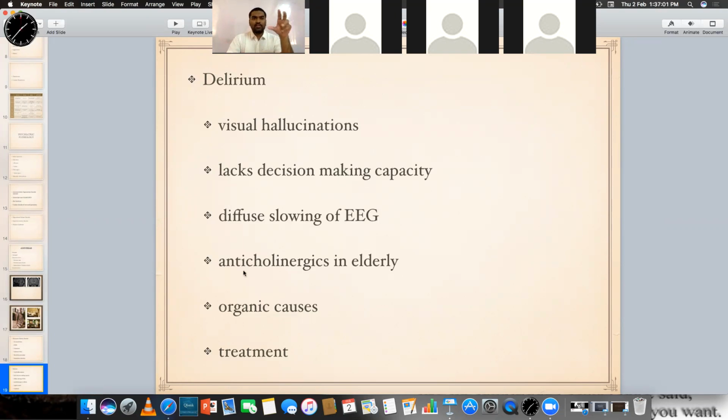Now, one major cause of delirium, especially among the elderly,